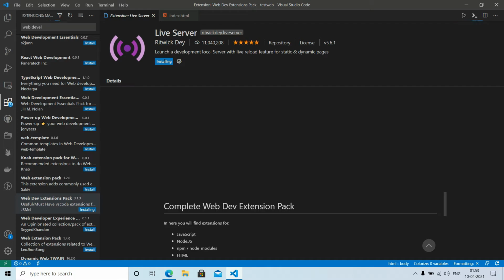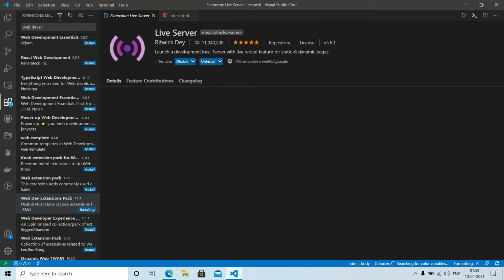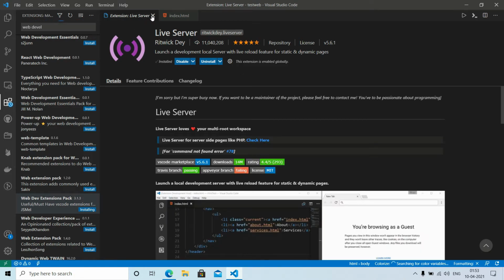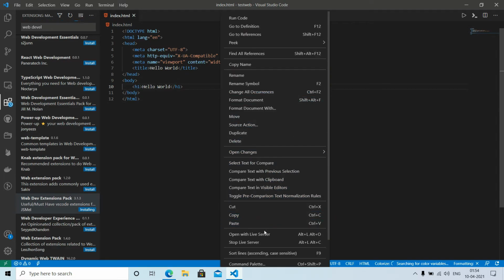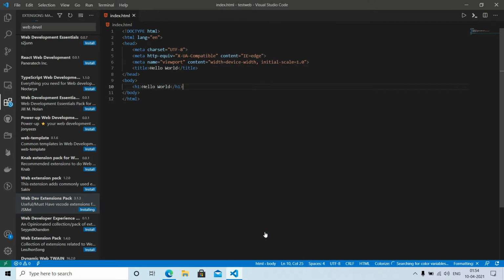We will wait. Okay, so Live Server is globally enabled. Now you can use Live Server. Just right click and open with Live Server. Okay, Live Server is running, but I think it will ask for permission for public networks.